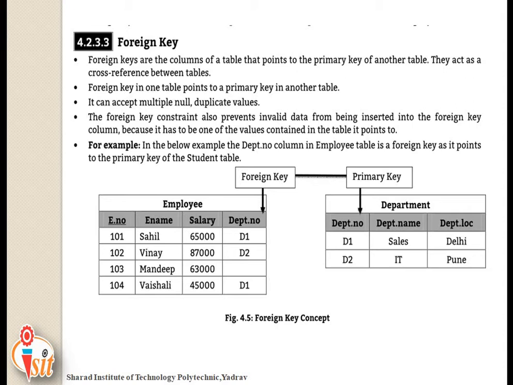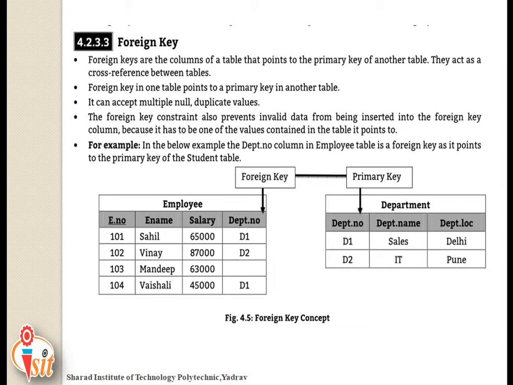Primary key cannot contain duplicate or null values. Most tables should have a primary key and each table can have only one primary key. Here remember that each table has only one primary key. For example, if the table is of student record, then the roll number column uniquely identifies each row of the table. That's why here roll number is the primary key for the student record. Now in the given example, here are two tables: the employee relation and the department relation.